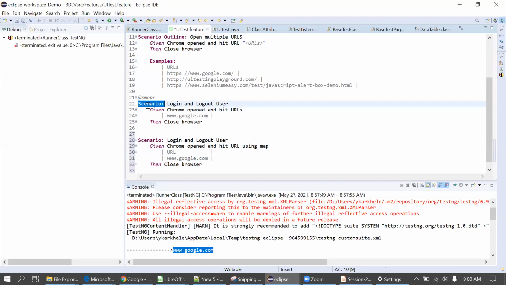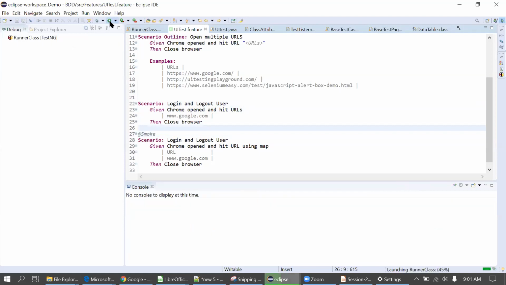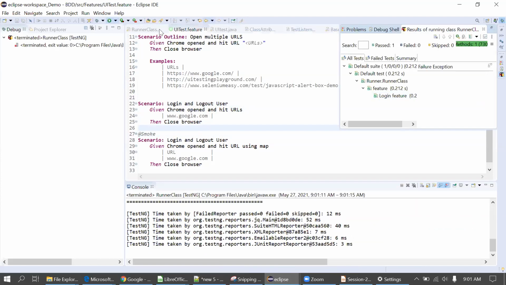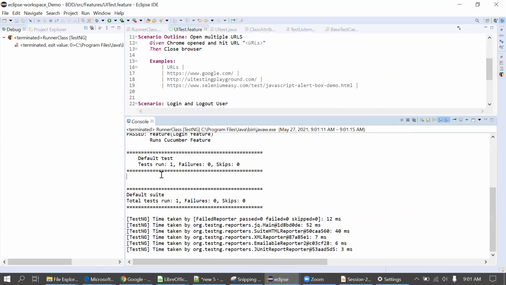I can say it's data-driven testing in the BDD. So we can pass multiple data and we can execute our test cases from the feature file. Okay, so I'll simply execute this last scenario now, executing directly using the runner class. Okay, it has printed something there. I think it has printed here already.